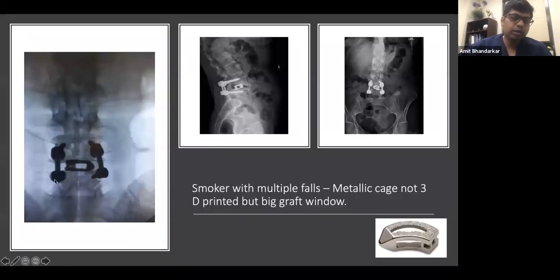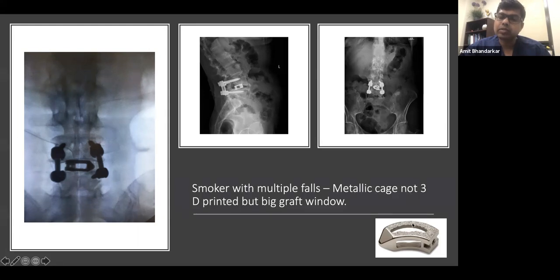Again, one of the failures here, in a very nicely done cage. This cage has a nice titanium nanostructure, as you see here, which creates a lot of union. The patient is a smoker, had multiple falls after initial surgery, and this cage was backing out a little from where it was inserted. And possibly this cage, again, the problem, if I want to split hairs, is that it does not have that tight 3D printed mesh structure, which distributes the stress evenly